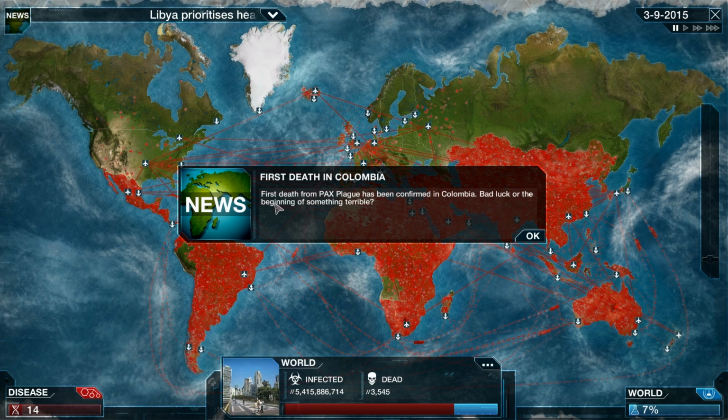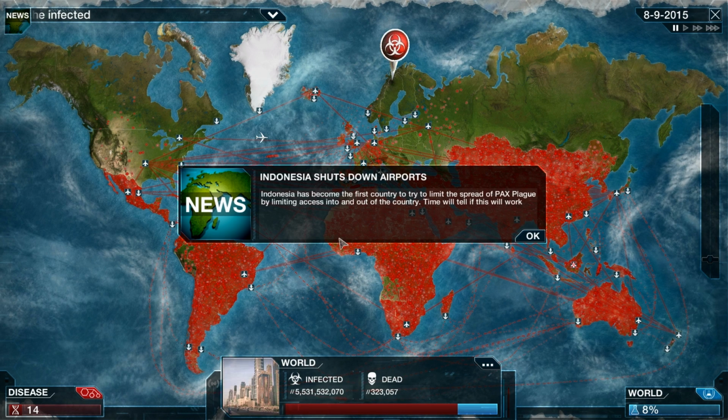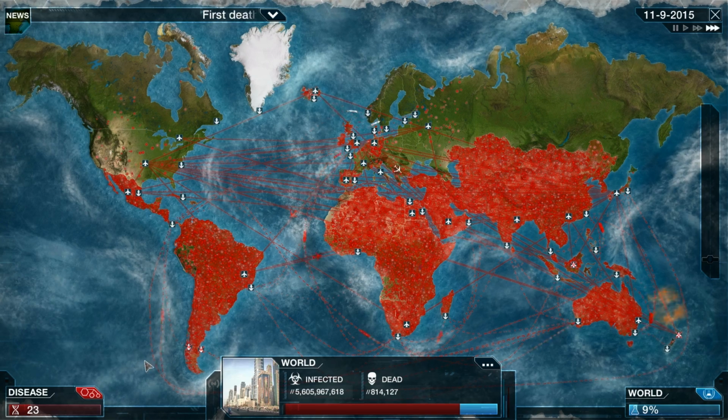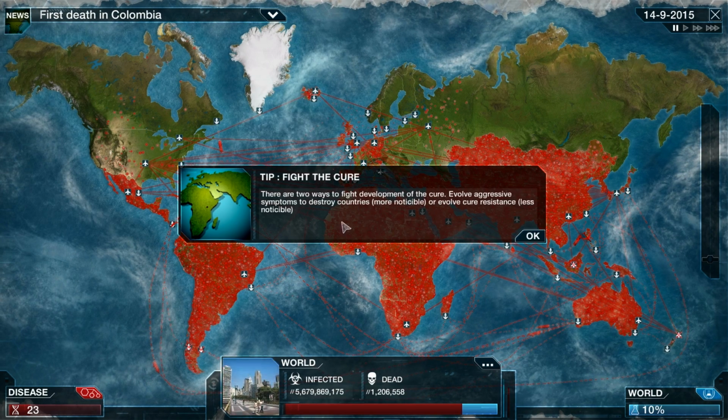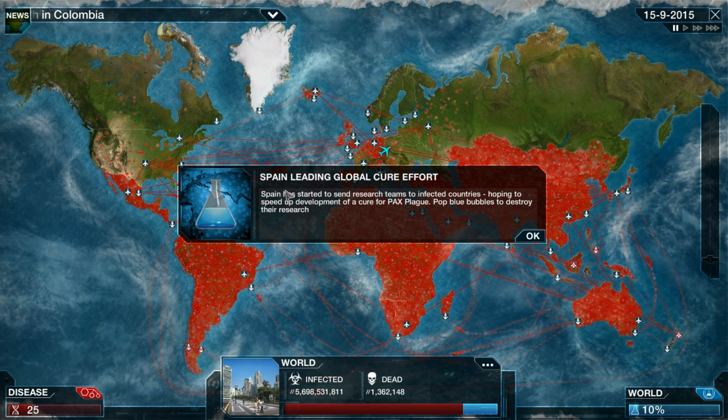So the very first death has happened in Colombia. Whoa, people are dying very, very rapidly. Indonesia is trying to limit the spread of the Pax Plague by limiting access in and out of the country. But I feel like it might be a little bit too late for them. The spread is going to be nice. There are 2 ways to fight development of the cure. Basically evolving it. We already know about that. Spain has started to send...